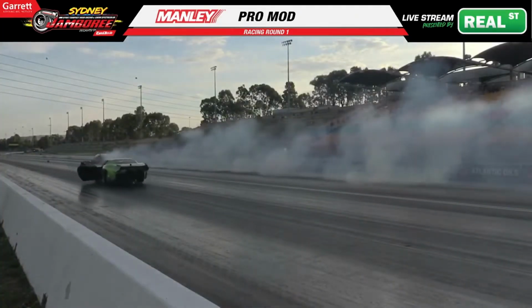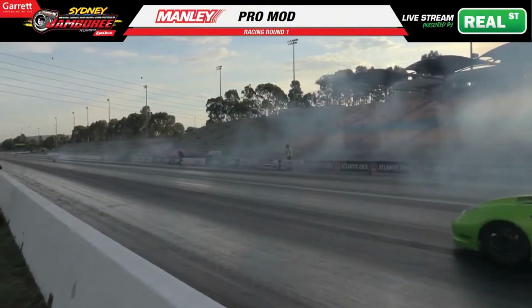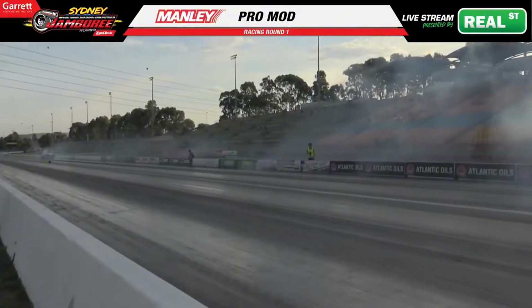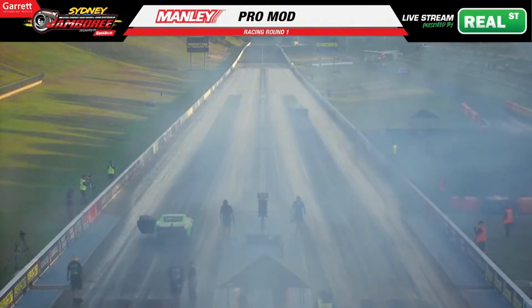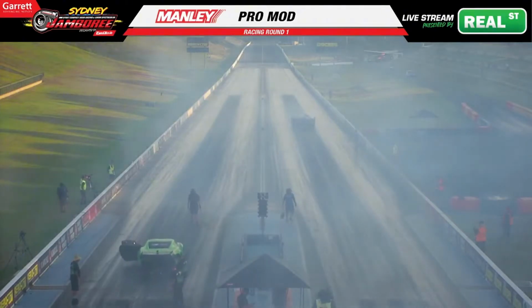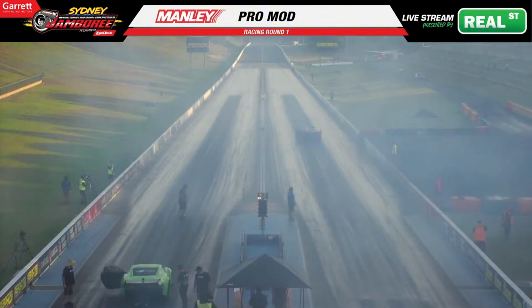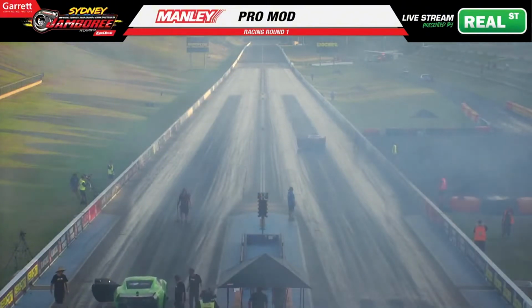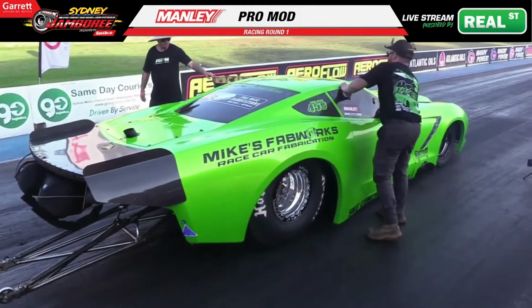Jeffrey, maybe you could use more revs next time. That is one hell of a skid from Jeff Gradden. For those people that do not know, that is a '59 Chrysler Saratoga in some form. Stephen Smith, of course, the Corvette. It says there 2017, but what do we call that? The C7. Yes, not a C5 as I apparently said earlier on today. And I was corrected by a number of people,